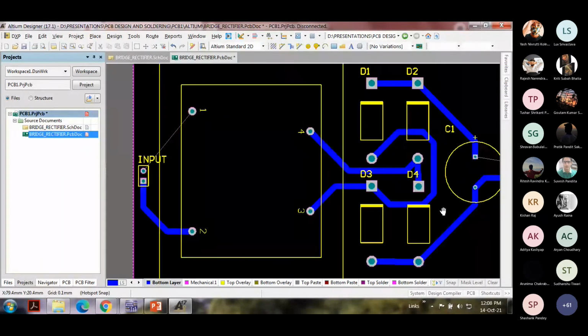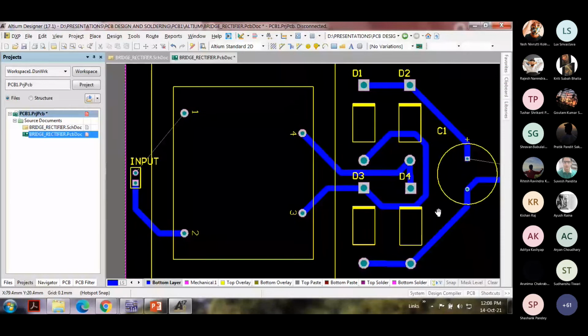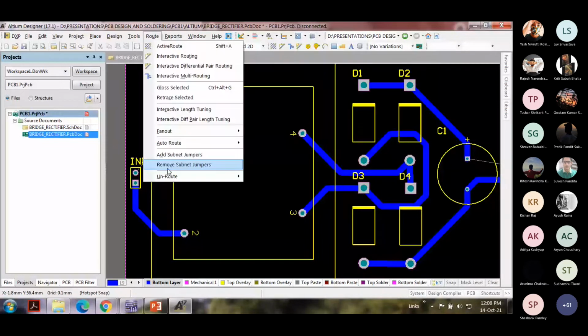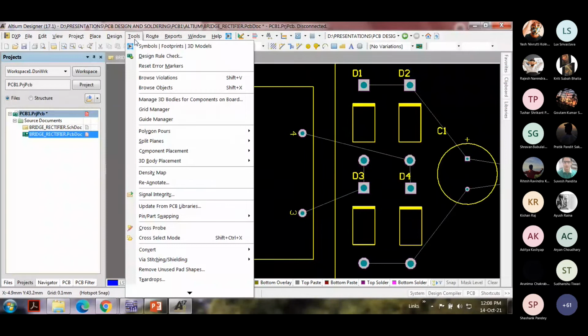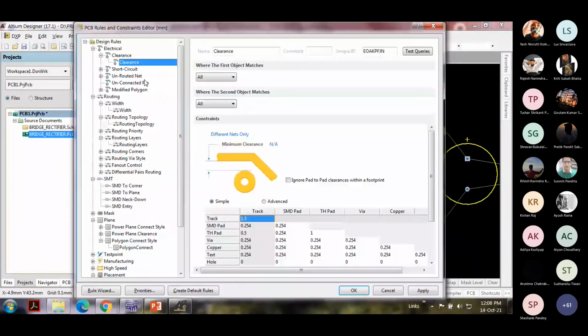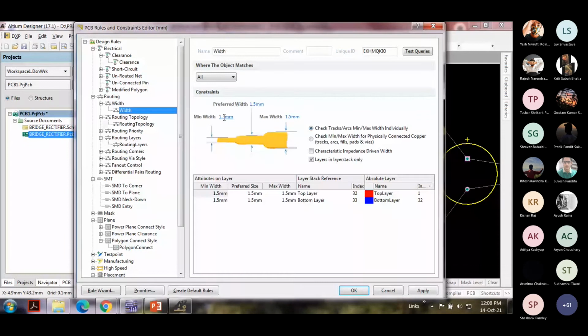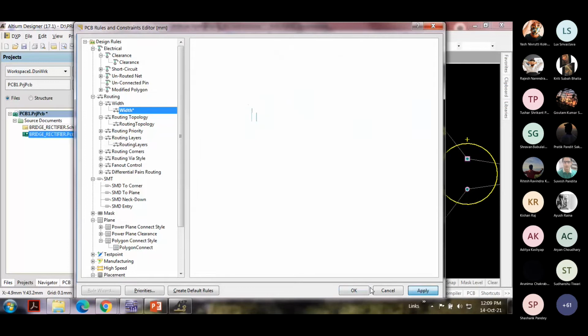So it is because of the thickness of the track. So what I will do is I'll relax it a little bit. Minimum width I'll say make it 1 mm. Preferred also 1.5 is okay. Let me see if it happens.